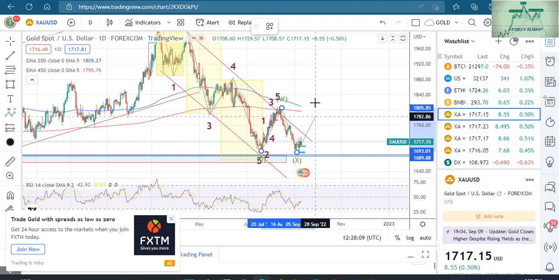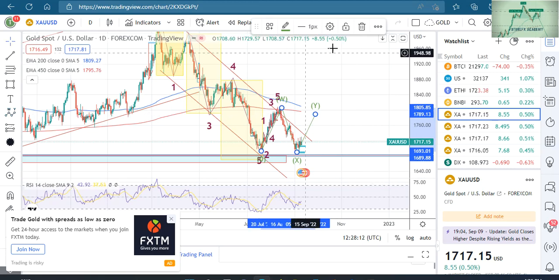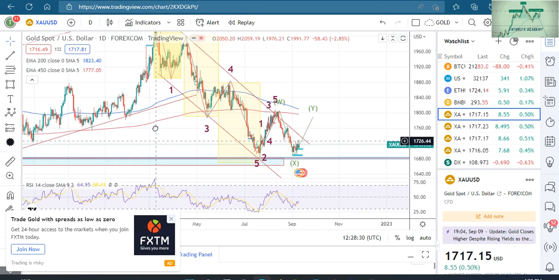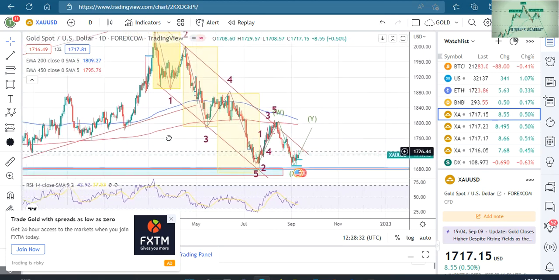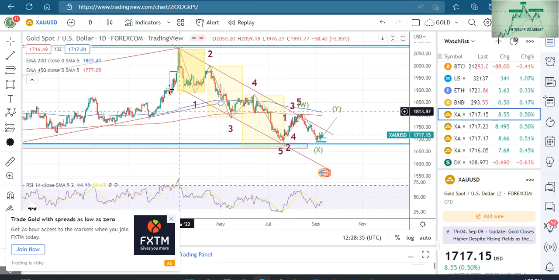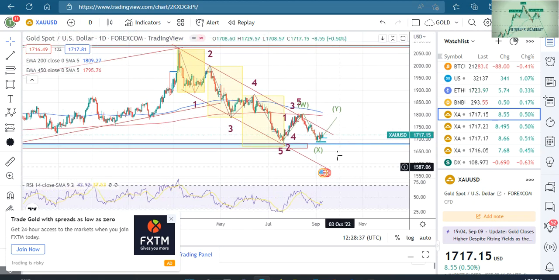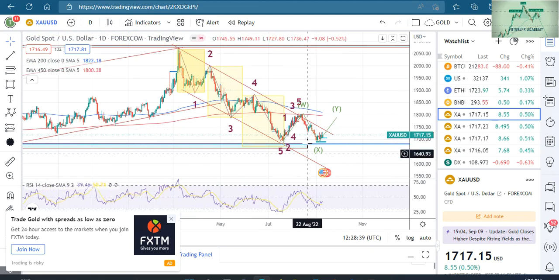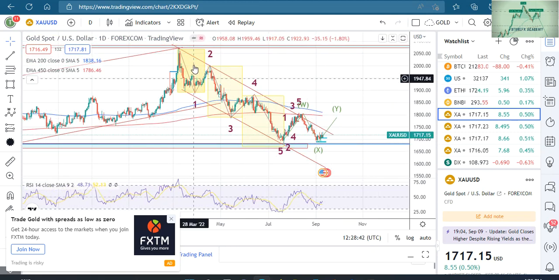So we are looking forward to something around like this to give us a flat. For that reason, I see that the market is still much on a bullish direction. And aside that, if you look at this channel, you see that gold has maintained this downward channel. It has not been able to break out from this channel all the way since